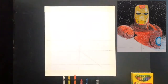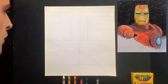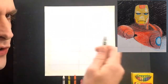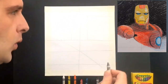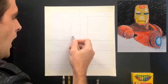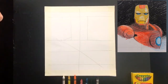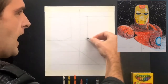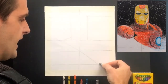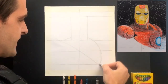Okay, let's get into the genius of the suit design that I made. Here we go. So what we're going to do now is start getting in some of the actual chest. Using some of these reference lines, we can still use our gray crayon to draw. Let's go. Right here, we're gonna do a little kind of bump up to this rectangle. Boom. There we go. Now, on the other side, we want to come down and curve like a big parenthesis and loop back into this point. So like this and back in. Now, if you have to sketch and search it out,